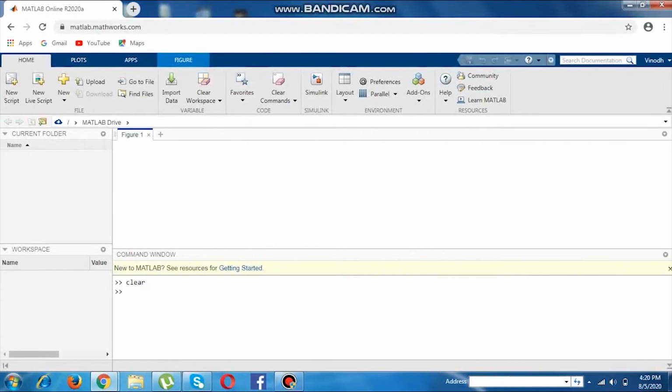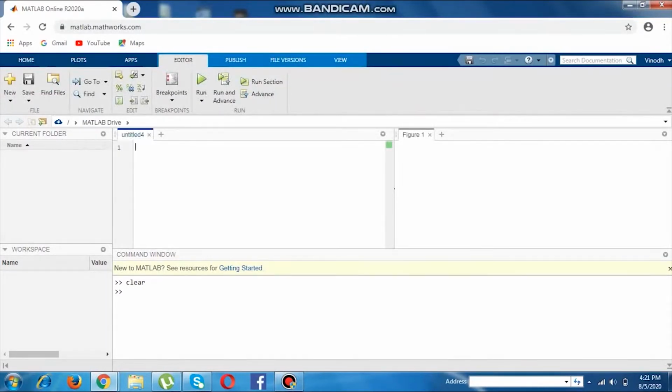Now we can execute the program in MATLAB by adding a new script like this. First clc is to clear, semicolon, enter.